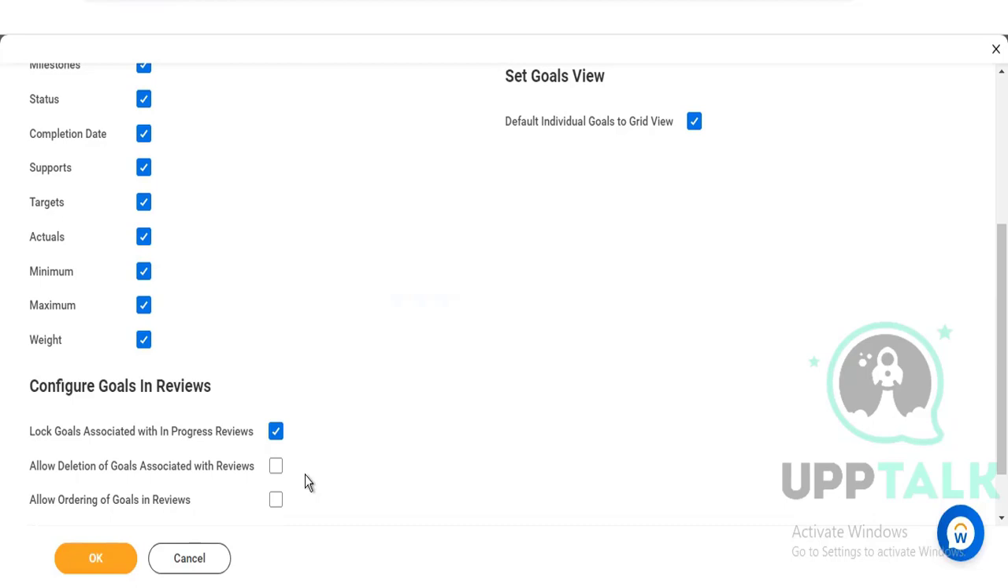And the last one that we have is allow ordering of goals in review. If we have a goal, it will have an order as well. So I don't want you to be allowed to change it. For an example,